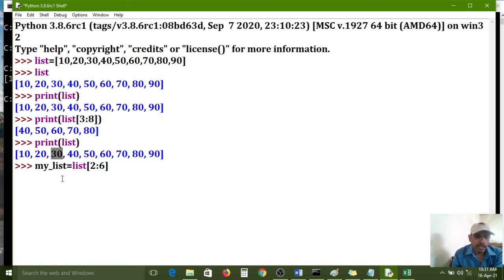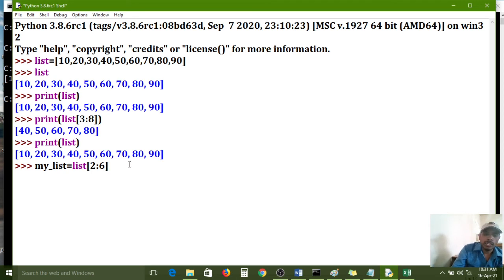Every time you write like this, a copy of the list is generated, but the previous list is maintained internally. 2 to 6 means 30, 40, 50, 60, 70; up to 70 it will print, because 80 is also there but not included by the slicing operator.